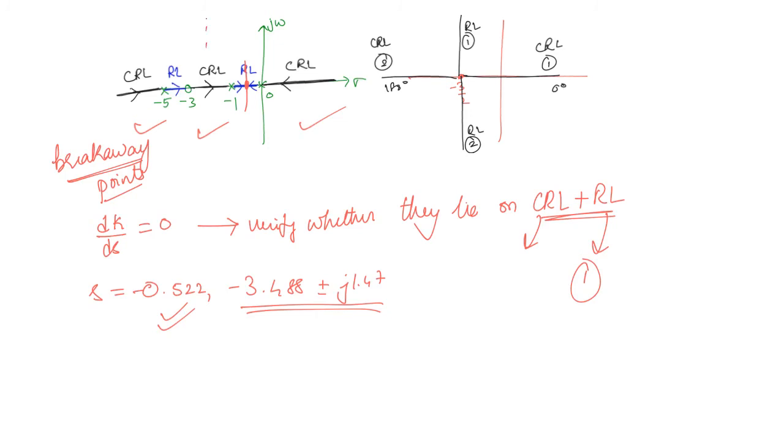and then it will follow the asymptotes. The asymptotes will be like this for the RL, so the root locus will be lying like this. This is the RL, this is the RL. This is the complete construction of the root locus plus the complementary root locus. For the example that we have considered, the entire construction of the root locus and the complementary root locus is complete. This is for K varying from minus infinity to plus infinity.